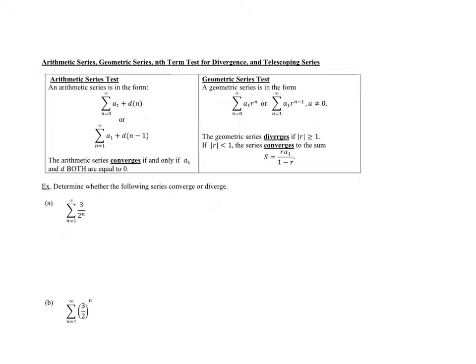Otherwise it'll never converge on a particular value. If you were to take any linear function, because that's what an arithmetic series is, it's in the form of a linear function. A linear function, whether it's positive or negative with the slope, it's always going to be changing, whether it's a constant rate of change or